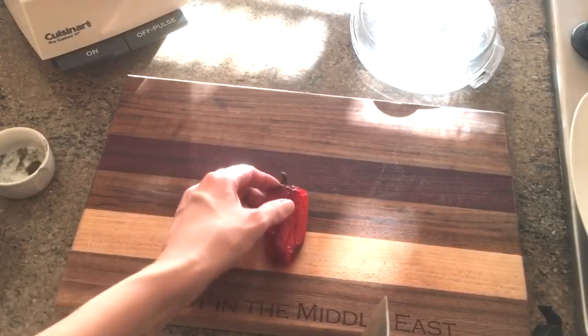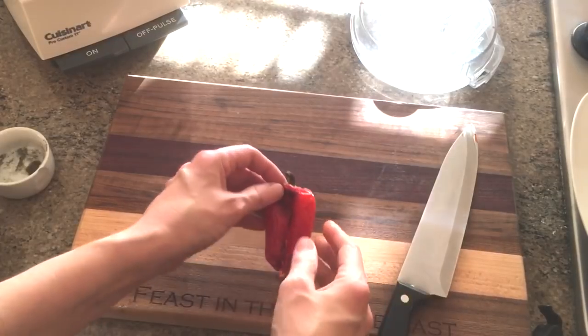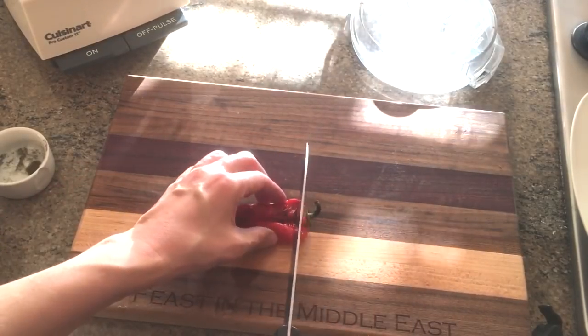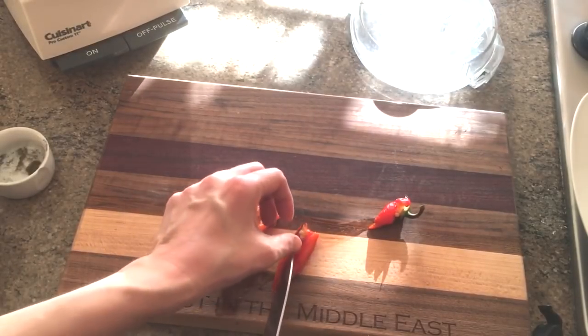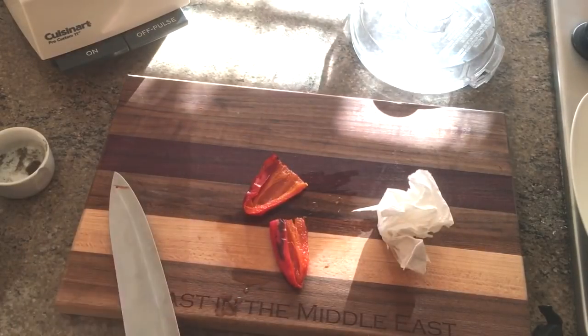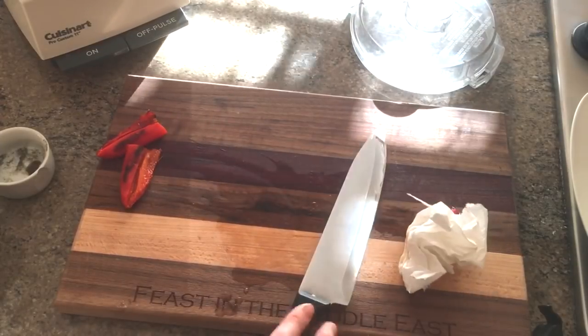Now, to seed the bell pepper, be careful. I'm not using a particularly super hot pepper because I don't really like hot flavors, but if you do, just be careful. I'm just opening it, taking off the stem and wiping off the seeds. Usually the easiest way for me is with a paper towel. You see that? So we've got 2 seeded peppers, and we're gonna do the same basically with the red pepper